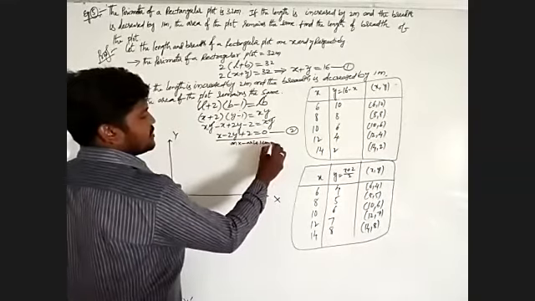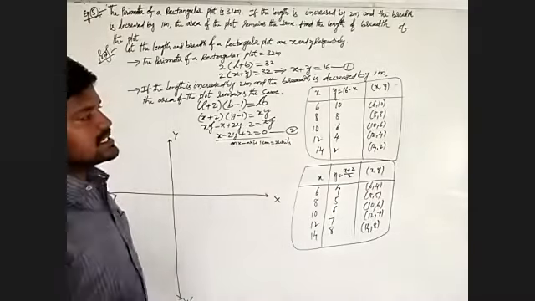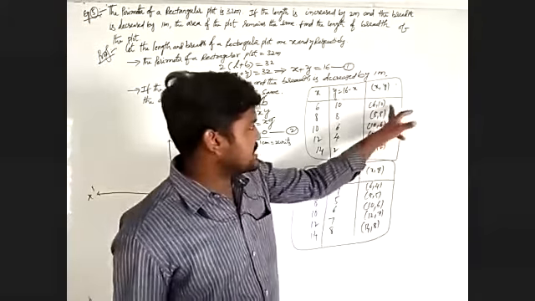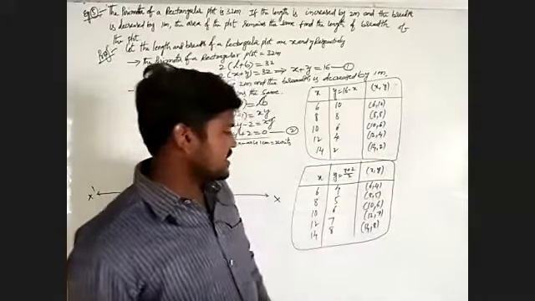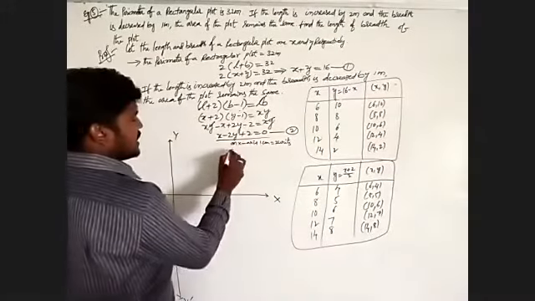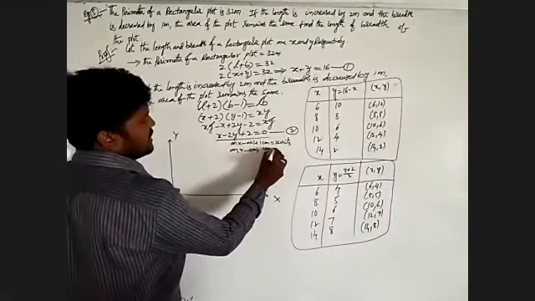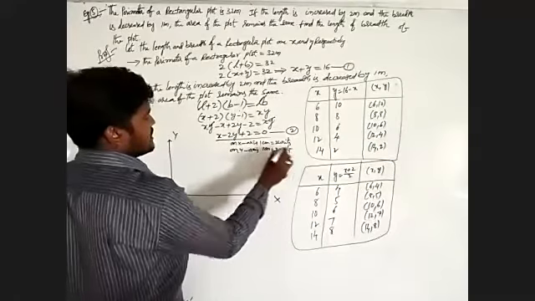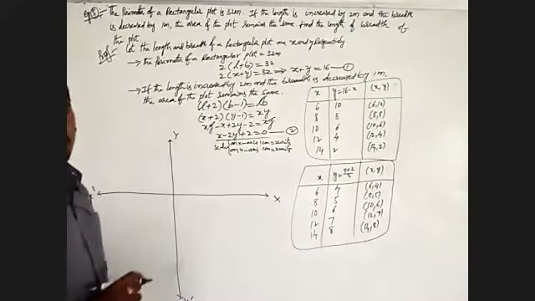1 centimeter will be 2 units. We observe in the y-axis the values 10, 8, 6, 4, 2, 4, 5, 6, 7, 8. Here also on the y-axis, 1 centimeter will be 2 units. This is the scale of the given graph. We have to plot the points.